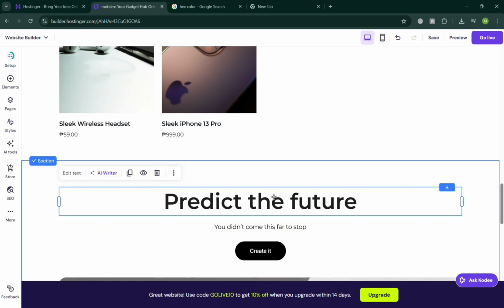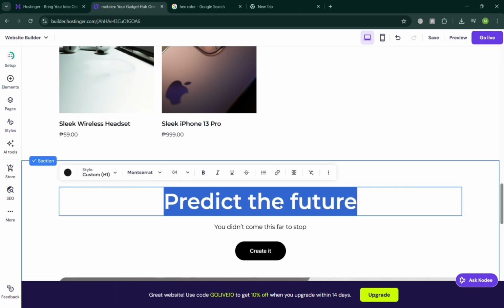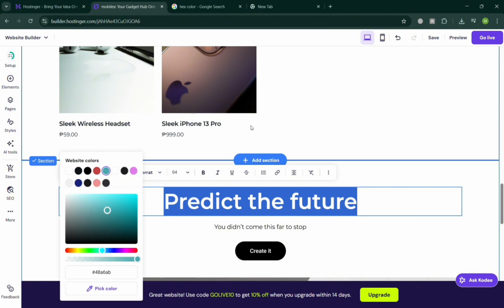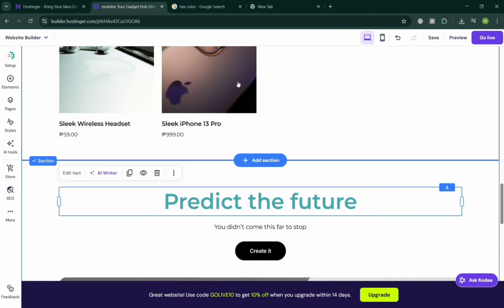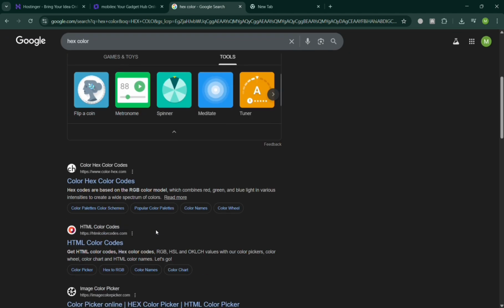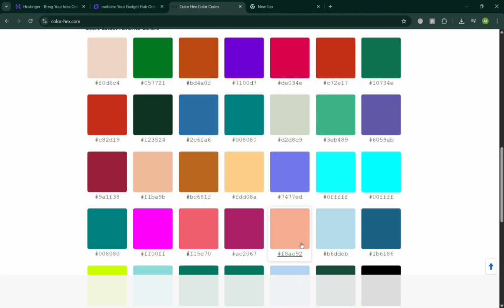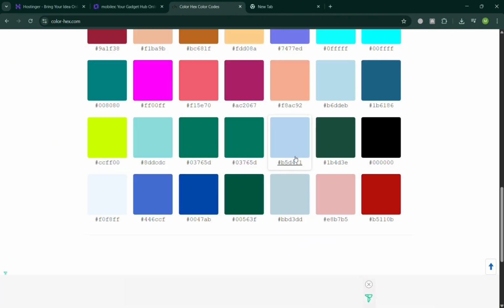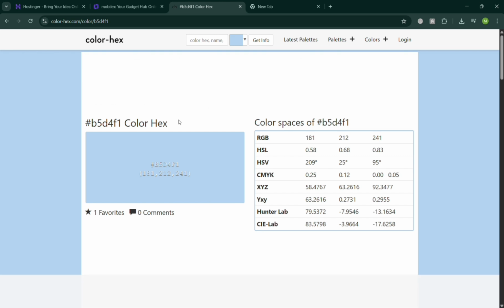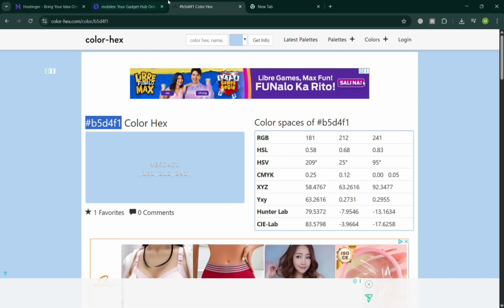So then here, aside from those backgrounds, let's start changing the elements, which is the context. All you need to do is simply highlight the context and choose the kind of color palette that you prefer. So as you can see, you could also do the same process by finding on Google or on this website, color hex, and it will show you each color with the corresponding codes that you can simply copy and paste in our website editor. Such as this color, all you need to do is simply copy this code and go